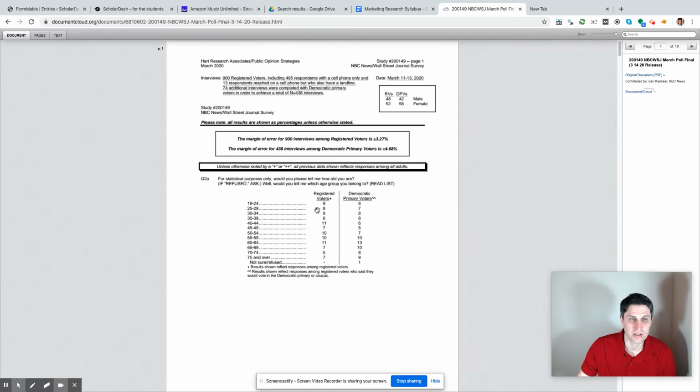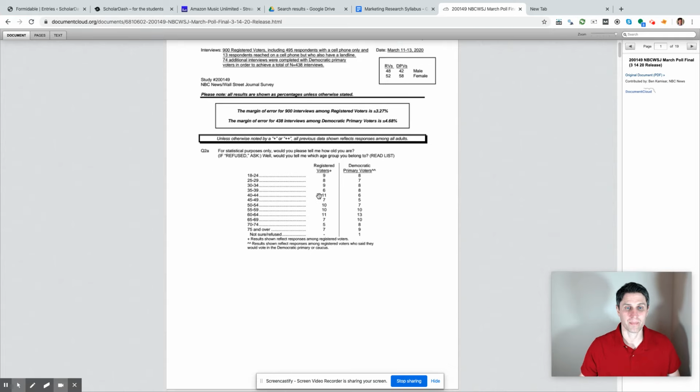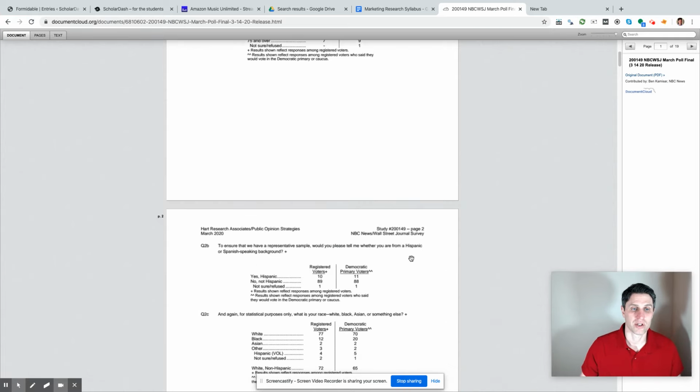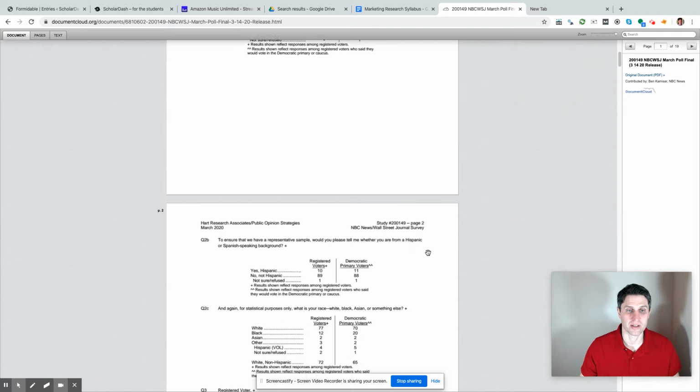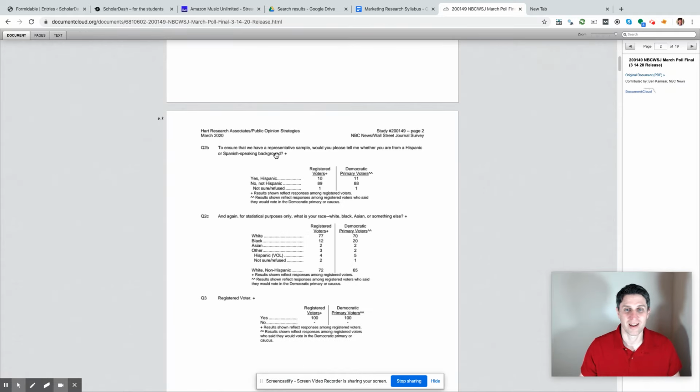Okay, so question 2A is age. Would you please tell me how old you are? And so they give a category. Question 2B, these are all demographic questions. You're Spanish speaking. So again, they're collecting all this data, even though this isn't what we really want to know. We're not asking,